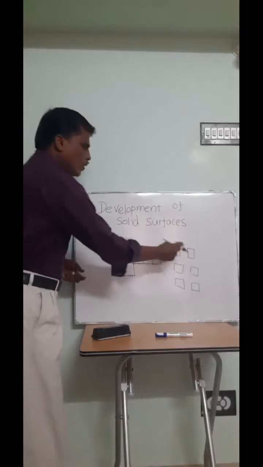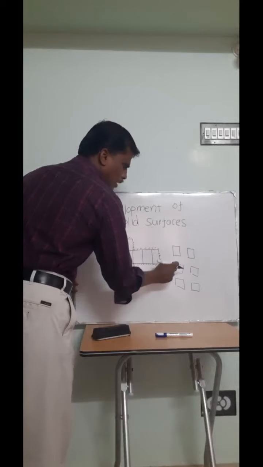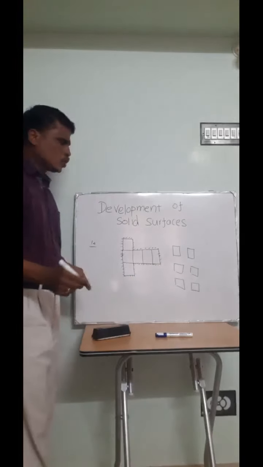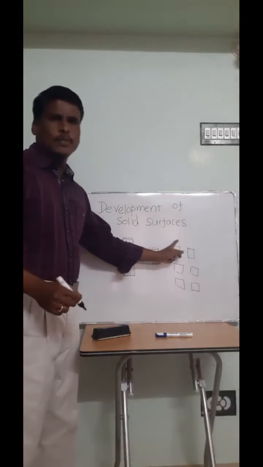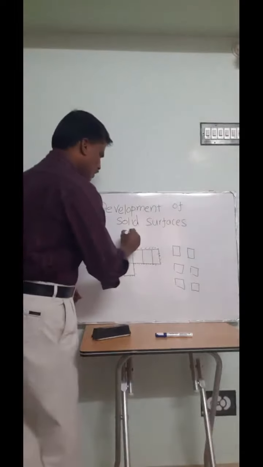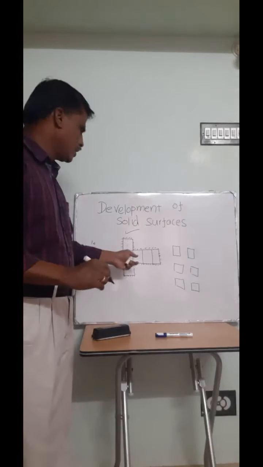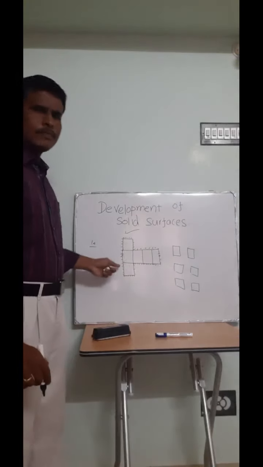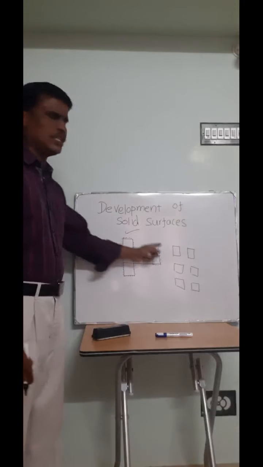Then all the squares have to be joined together. Let us join these two. This will come here, this will come here, this will come here, then top and bottom. If you look at the strength of the solid in this way and this way, you can easily understand that the strength of the solid will be good when you make the cube like this. And the time, the material and the cost, all those things will be minimized here.